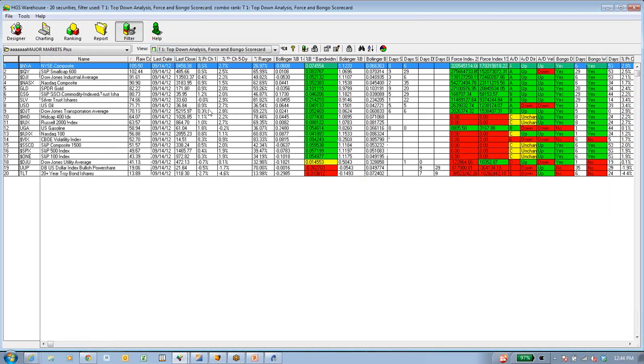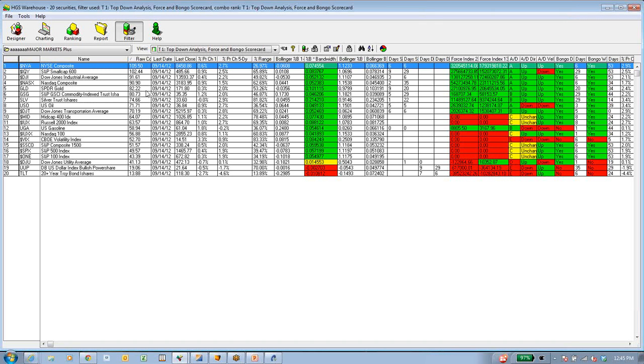So I'm looking at top-down analysis, which gives me a balanced, one, five, and a little bit longer, purely technical view of the market. It's all about price movement and volume, and it shows me that the strength remains in the NYSE. NYSE is a very broad-based index of thousands of stocks, big, small, and middle. Small caps clearly showing much strength. You can look at one-day performance and 5-day performance. What stands out as I look at this list?